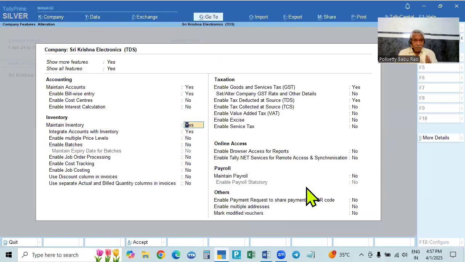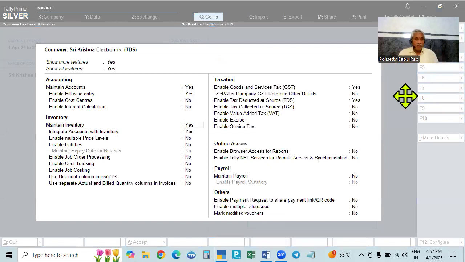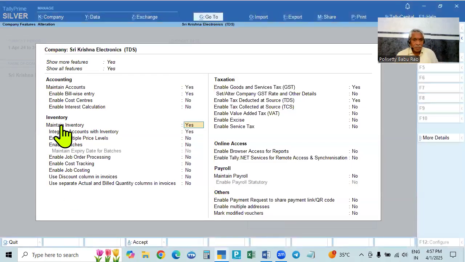Then we are doing business. Not only this service we are purchasing, but our business will be purchasing and selling goods. So we will have inventory also. Maintain inventory yes, and integrate accounts with inventory, both will be yes.